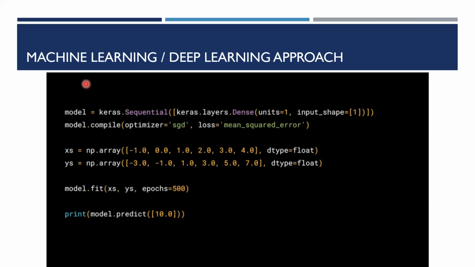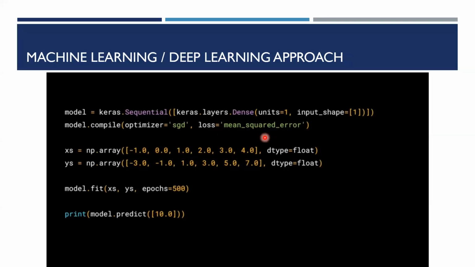After defining this model, as I said, you have to pass the input through this neural network. The neural network tries to learn from this input, and it will predict something random. Whatever it predicts might be wrong in the initial instance, and then you know the actual answer. So you are giving -1, you know the actual answer is -3, but while training, it might be predicting something really wrong.